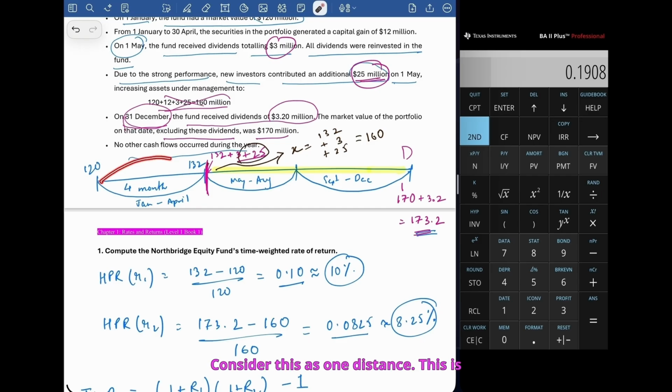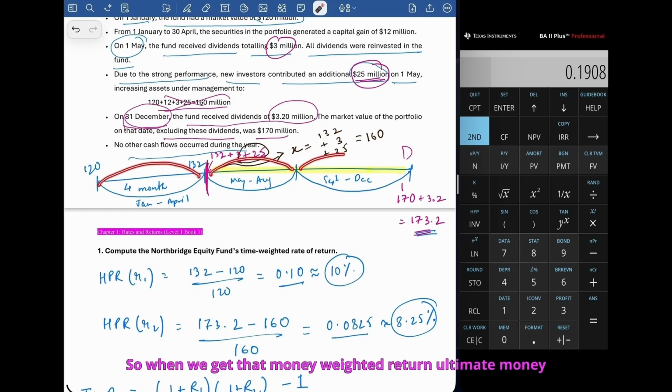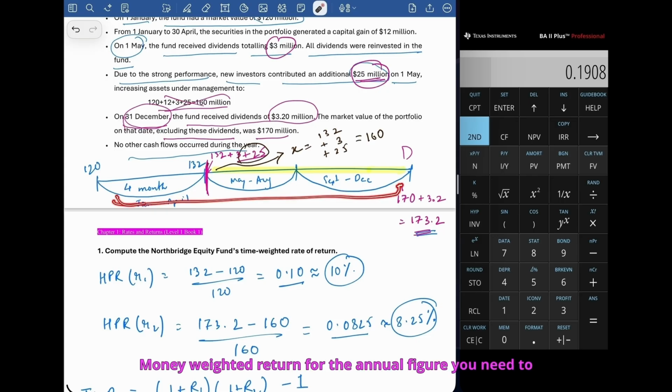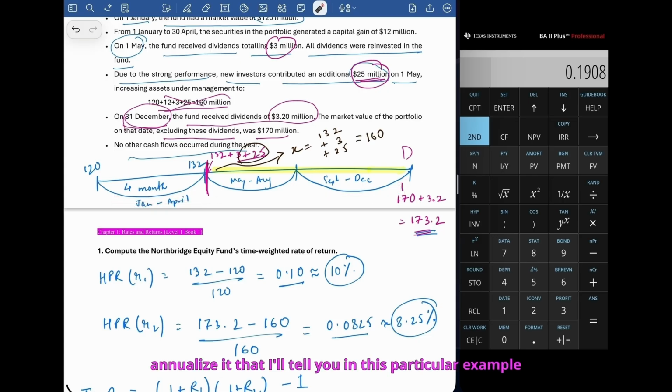Let's consider this as 1 distance, this is second distance, this is third distance. In the last video, whenever we were doing this money weighted return, this particular distance was 1 year, but in this case, it is 1 quarter. So when we get the ultimate money weighted return by using the formula we learned in the past video, that is basically your IRR formula, you need to later annualize it to get the money weighted return for the annual figure. That I'll tell you